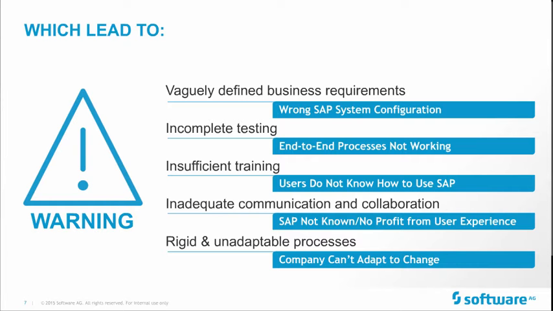That leads me to the last project blunder that we see in SAP projects: very rigid and unadaptable processes. Of course, SAP is known for standard processes, for processes you want to keep and have long living. But nowadays you can't afford not to change. You have an environment where you need to change, and that's where it's really important that you think about it beforehand and prepare for it, because the world is going to be changing and you will have to adapt to that.